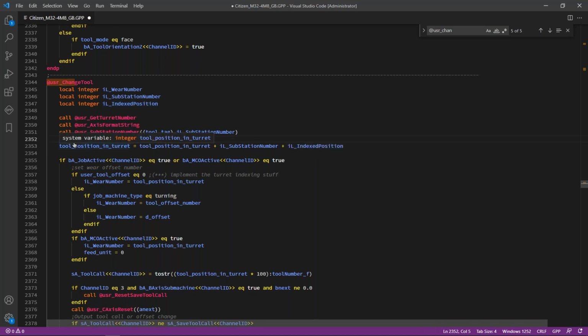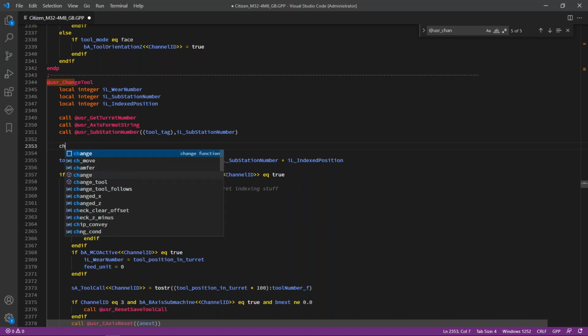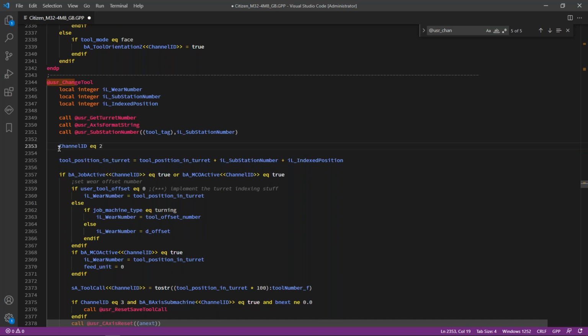So I'm going to do it in the code over here, with a little bit more space. As I mentioned in the beginning of this webinar, the turret itself has 2 channels, sorry, 3 channels, but the Revolver is on the second channel. So I'm going to use that as my information. I'll use the channel ID when it's equal to,